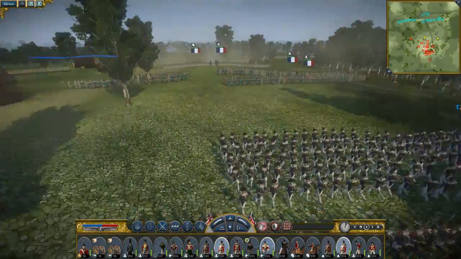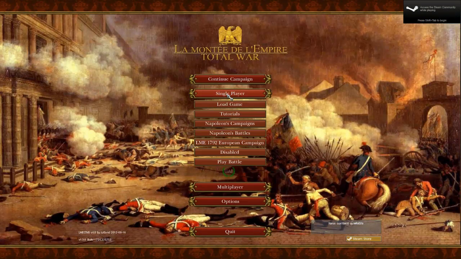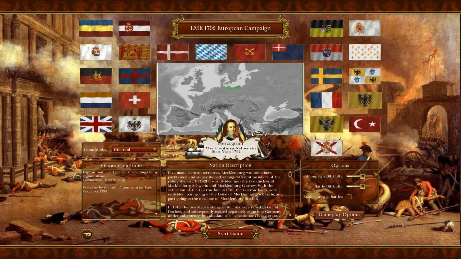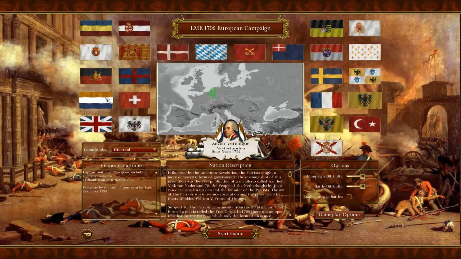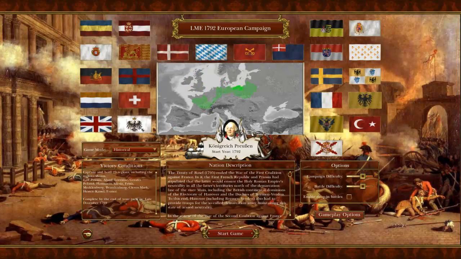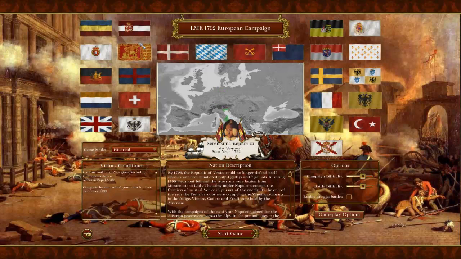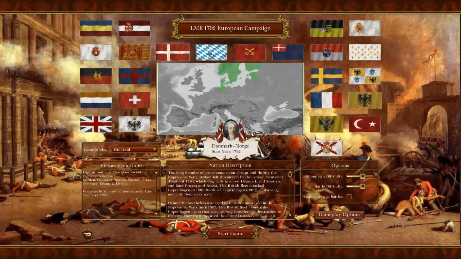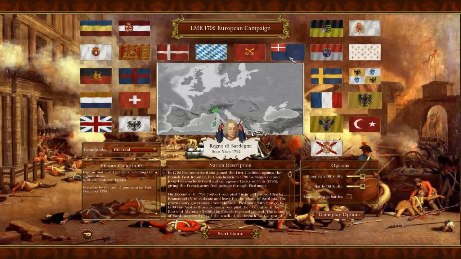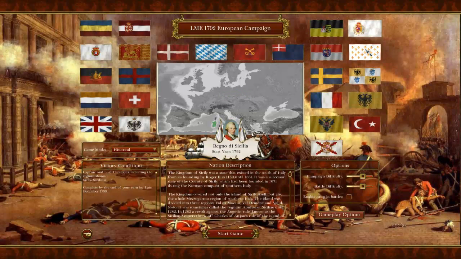of Montee De L'empire. Because now you have 7 different campaigns, each with a different historical starting point and different factions. And of course, all factions are now playable. So, the rundown is, we have a 1792 campaign, a 1796 campaign, an 1805 campaign, an 1807 campaign, an 1812 campaign, an 1813 campaign, and an 1815 campaign, giving you the choice of when in Napoleon's career you want to